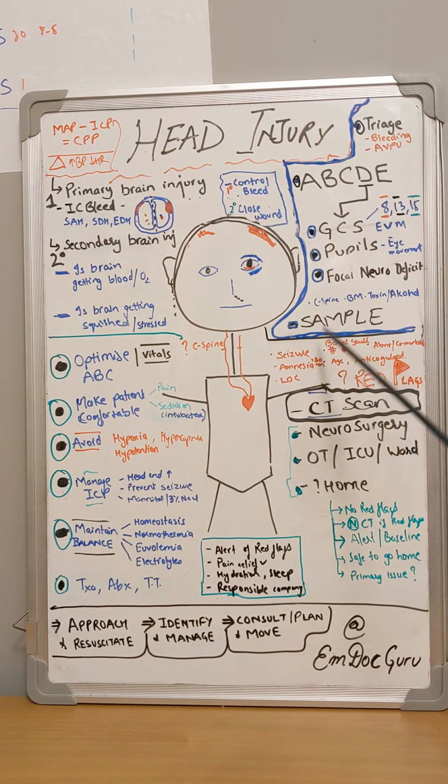Any person who has a GCS of, as I said, 15 is fine, but if they have a GCS of less than 13 at the time of injury, or less than 15 after 2 hours, so basically the drop in their sensorium is